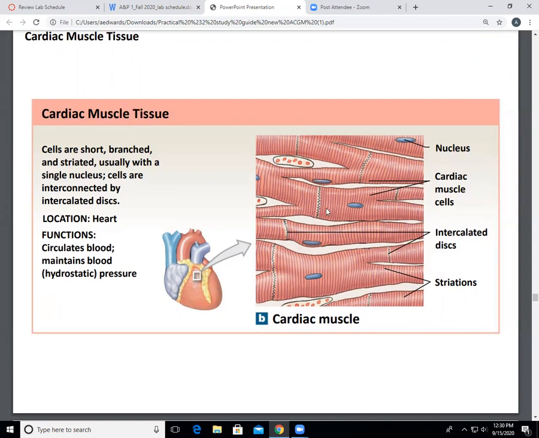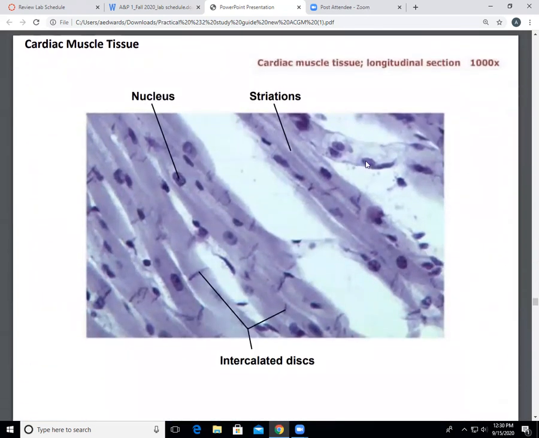All right, so if you see these light lines here connecting cardiac muscle cells, so you know it's cardiac muscle. These are intercalated discs. So you need to know that structure. All right, so in this one, the intercalated discs are staying dark. Okay, you see these lines sort of cut across the cardiac muscle fiber. You can see faint striations. Okay, you don't see nearly as many nuclei as you do in skeletal muscle, but you see these intercalated discs. You see intercalated discs,